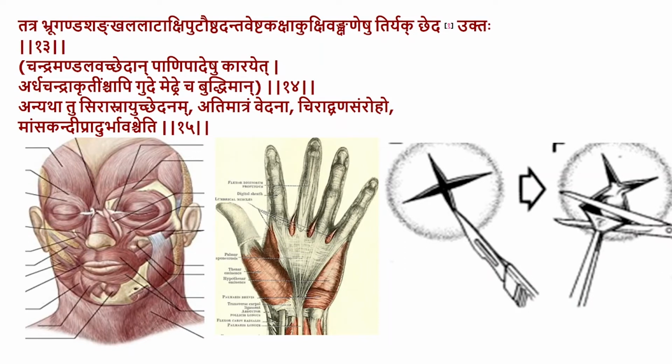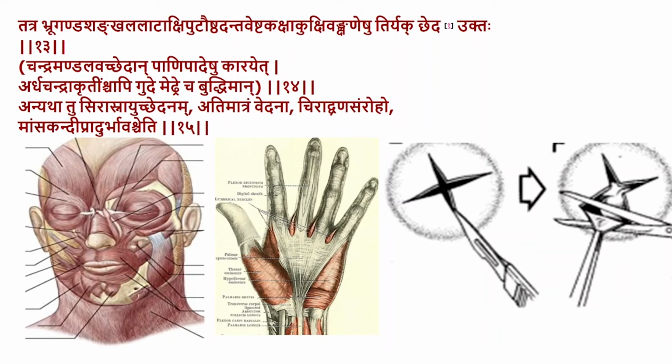Now, some more anatomical issues which are mentioned by Sushruta. तत्र भ्रूगण्ड शंख ललाट अक्षि पुट वोस्त दंत वेस्ट कक्षा कुक्षि वंशनेषु तिर्यच्छेदः उक्तः। चंद्रमंडलवच्छेदान् पाणिपादेषु कारयेत्। अर्धचंद्राकृतिश्चापि गुदे मेढ्रे च बुद्धिमान्। अन्यथा तु शिरास्नायुच्छेदनम् अतिमात्रं वेदना चिराद्व्रणसंरोहः मांसकन्दी प्रादुर्भावश्चेति।